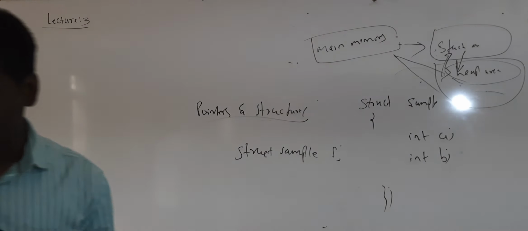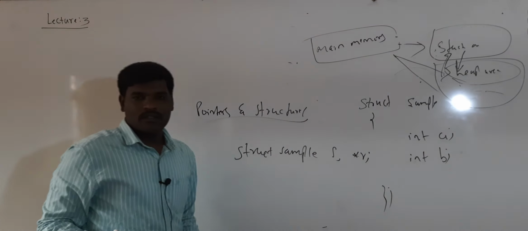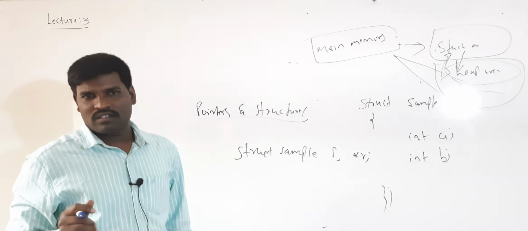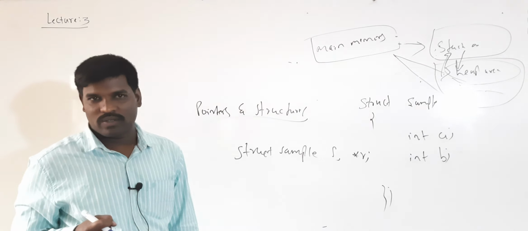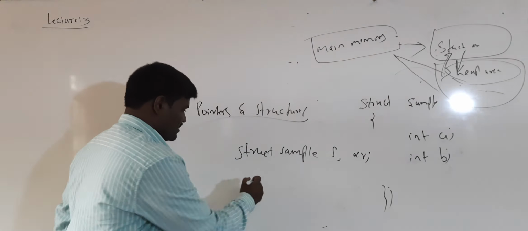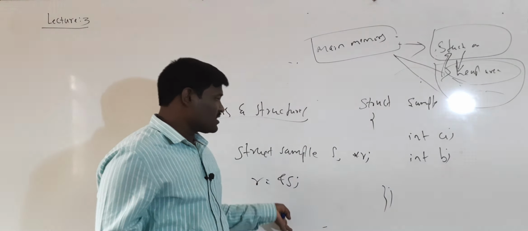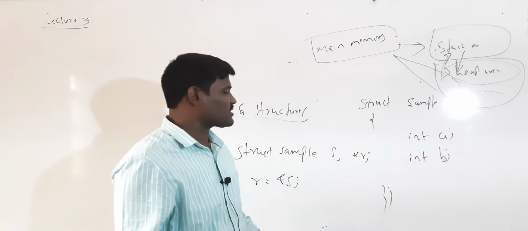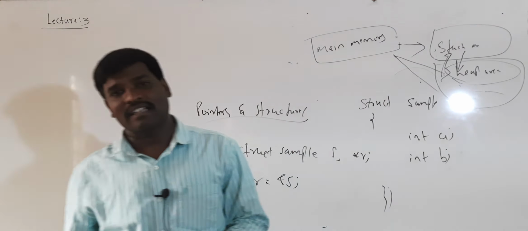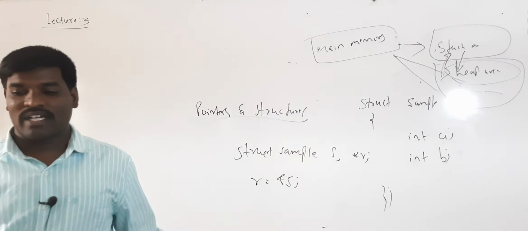Suppose if it is a pointer variable, we can create one more variable, that is *r. Pointers to the object we already studied in the previous class, and just I have to revise today only. First we can assign r = &s. Here S and R are not objects, S and R are structure variables. S is a normal structure variable and R is the pointer structure variable. So if it is a pointer, first we assign the address of S to R.